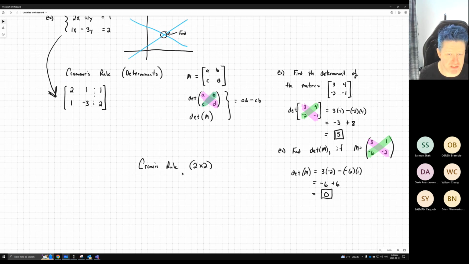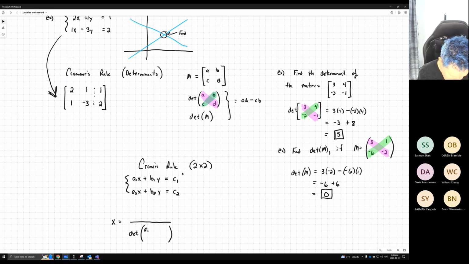So we call that the 2-by-2 case. Okay, so first of all, you have to have a system of equations with abstract variables. So here, A1, B1, and C1 are just some number. A2, B2, and C2, again, just some number. So here's your system. So by Cramer's rule, the solution is the determinant